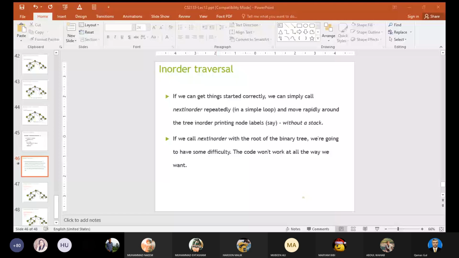देखें, 14 के बाद हमें लेफ्ट सब ट्री में 4 पे जाना चाहिए, और 4 से हमें 3 में जाना चाहिए, क्योंकि जो इन ऑर्डर ट्रेवर्सिंग होती है उसमें लेफ्ट मोस्ट नोड सबसे पहले एग्जीक्यूट होता है, तो लेफ्ट सब ट्री में आपको मूव करना चाहिए, जबकि आपकी नेक्स्ट इन ऑर्डर रूटीन आपको राइट साइड पे मूव करवा रही है, इसलिए आपका कोड रूट नोड के हवाले से वर्क नहीं कर रहा।